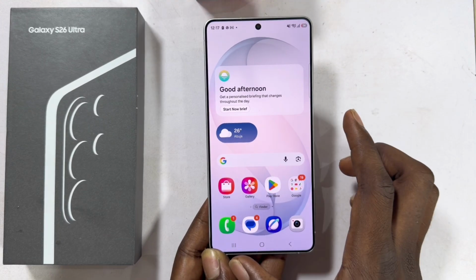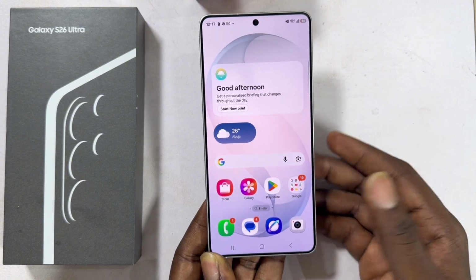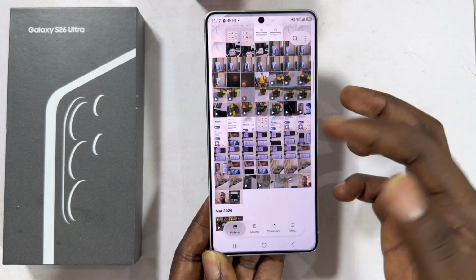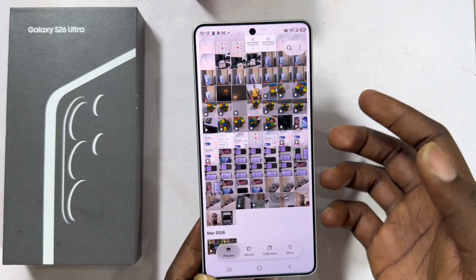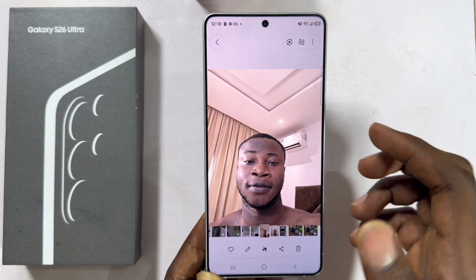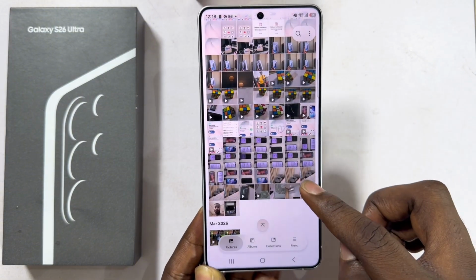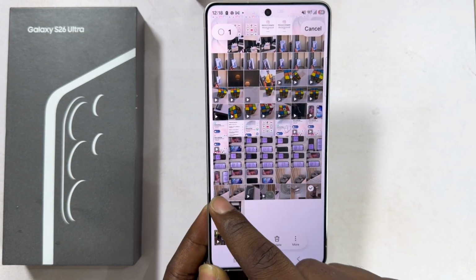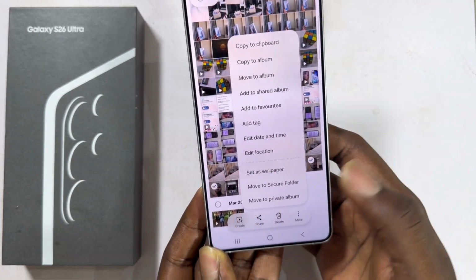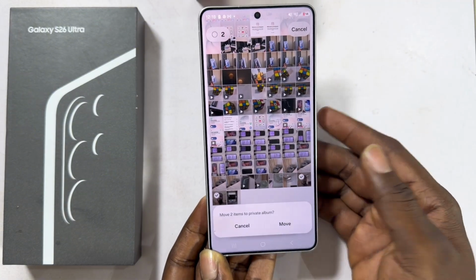The Samsung Galaxy S26 Ultra now allows you to hide specific photos or videos in a private folder if you want. The way you do this is to simply go over to your gallery and select the photos you want to set to private. You can either select a particular image and tap on the three dot icon, or long press to select multiple images and then tap on the more icon at the bottom, then tap on move to private album, and as soon as you do this, they will automatically disappear